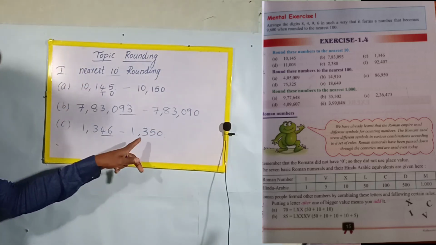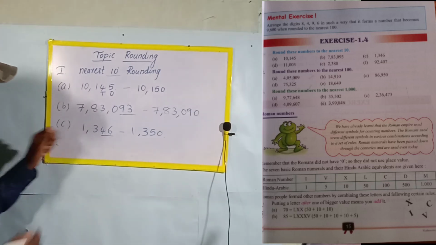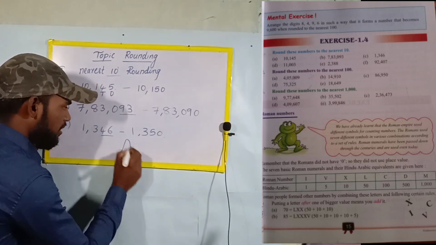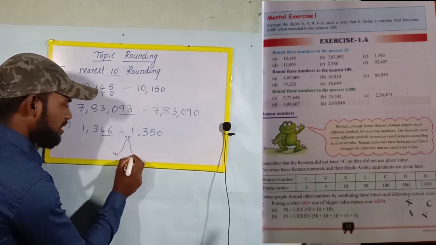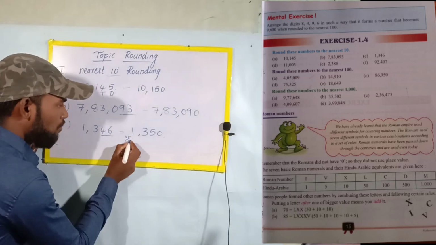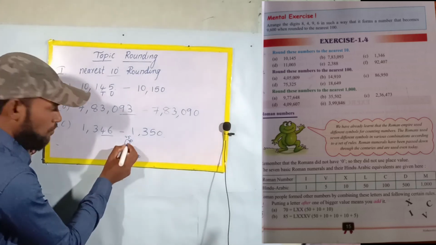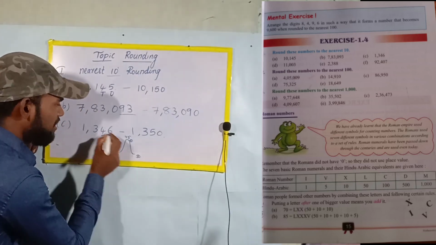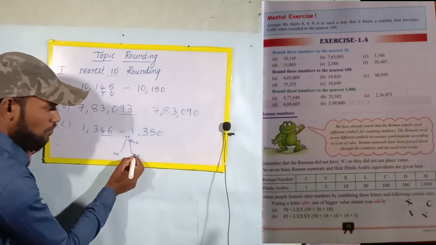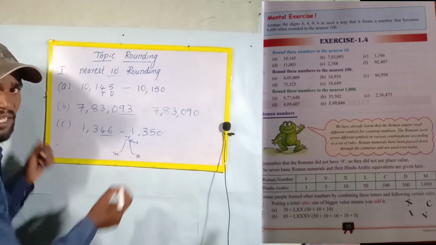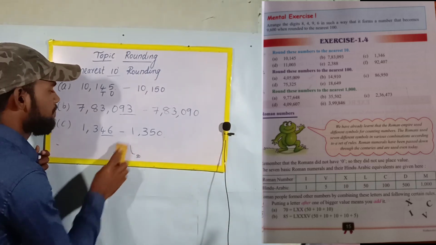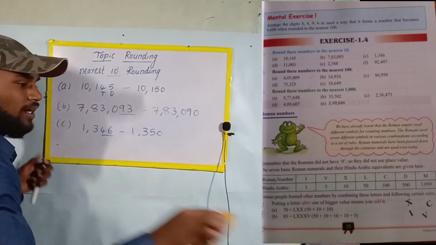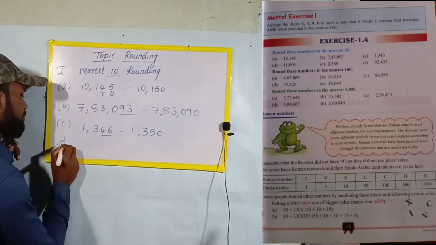Everyone clear? 350. Why 350? It is on the top. Here, for example, here is 45. Here 40 is there. Here 50 is there. So the ball is here now. Okay, the ball is here. What is given here? 46. Now the ball is here, so the ball moves to 50, the nearest 50. Everyone clear? So our answer is 1,350. So next one, see the next one, D1.